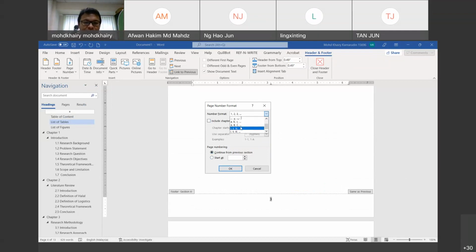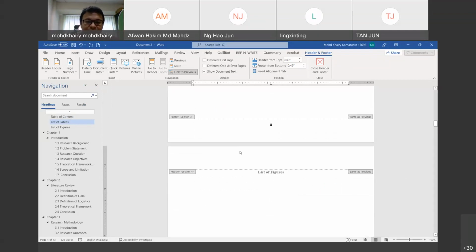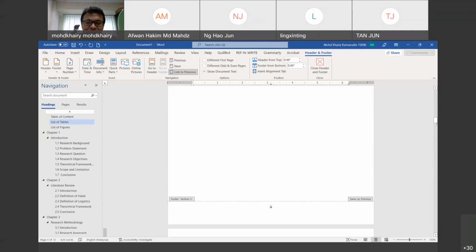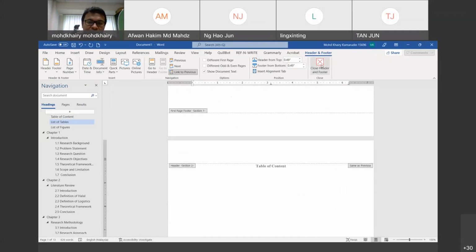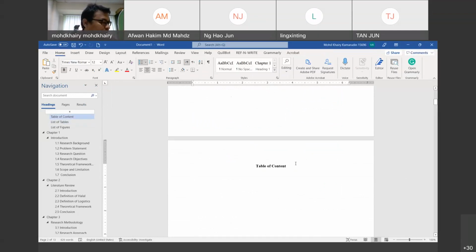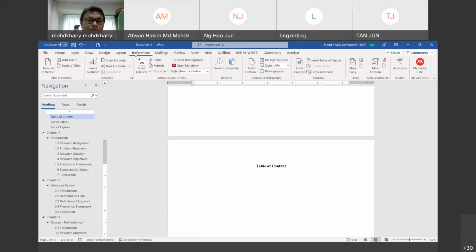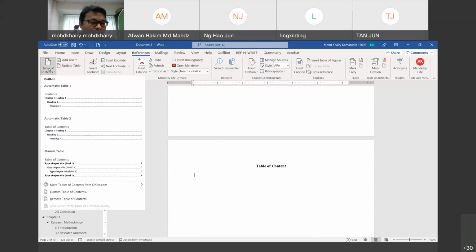All right. Now I want to show you how to create your page number, your page table of content. Now you go to references and then table of content. You will see at the left, table of content. So you will choose your table of content, maybe custom. Now I propose you do a custom table of content,